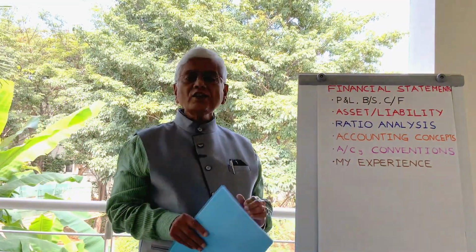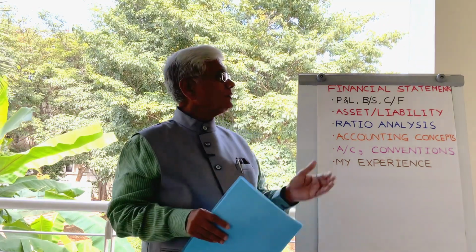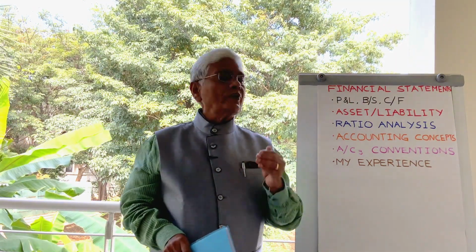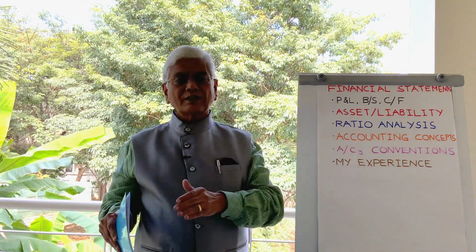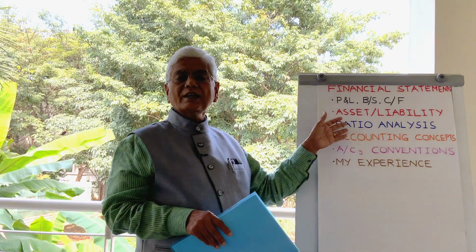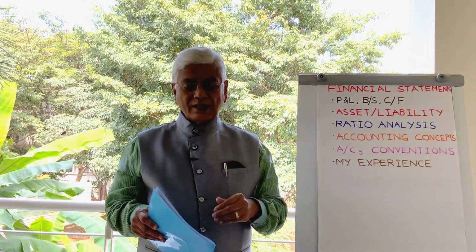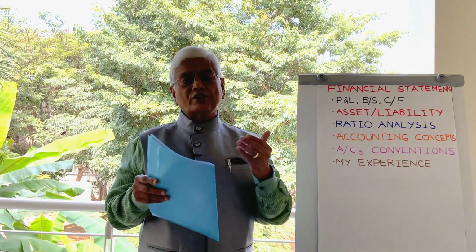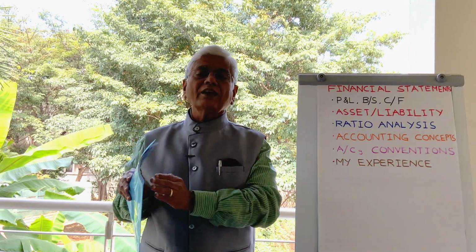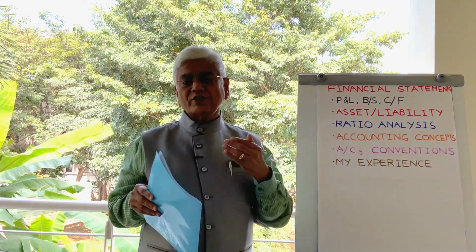Now there are certain ratios calculated from the financial statements. For example, how much profit you made compared to sales. Profit before tax to sales or profit after tax to sales is called profitability ratios. Second ratio is the structural ratios. How much debt you have got compared to the equity and reserves. That is the debt to equity ratio.